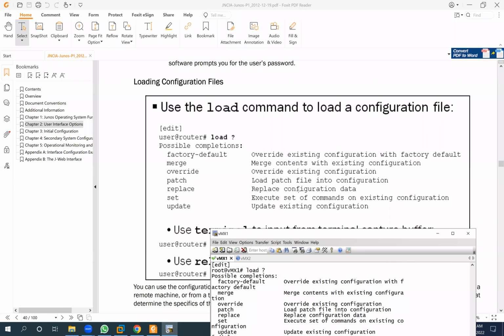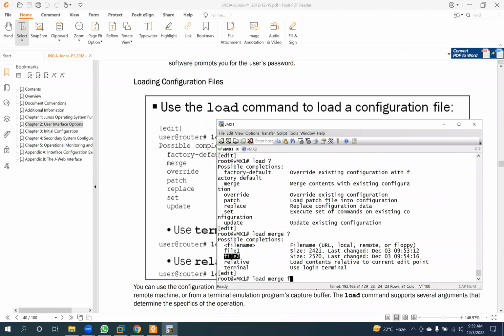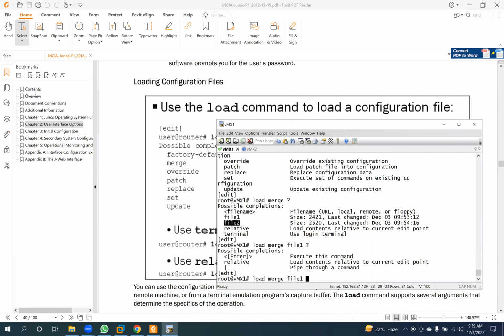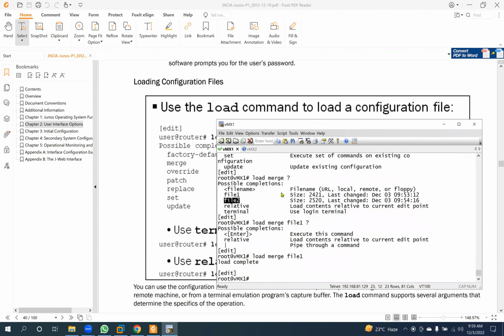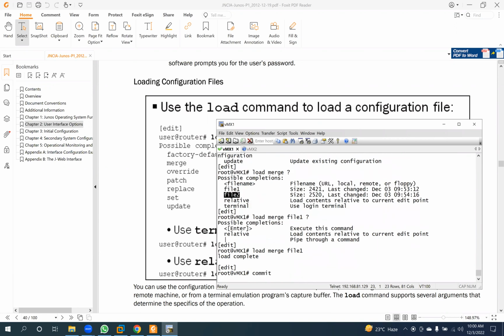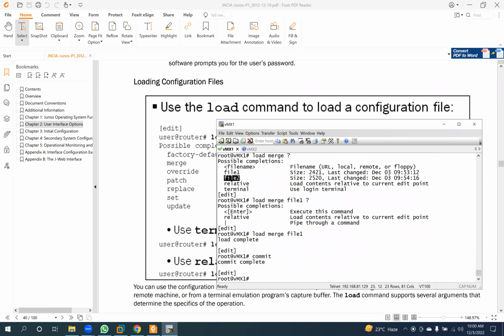Pass, replace the configuration data, set execute setup commands on existing configuration, and the last one is update existing configuration. If we merge like with file one, load contents relative to current edit point of pipe, just load complete, then you can place your commit. Okay, so